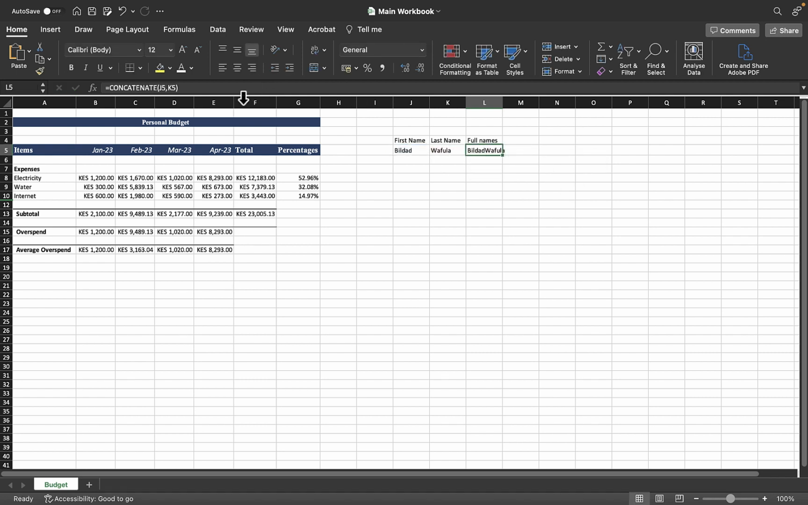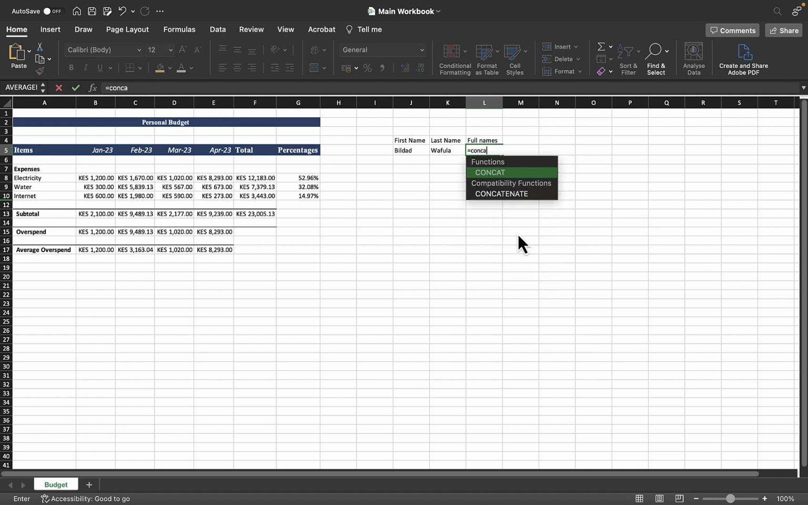Bildred Fuller. But in places like proper full names, this is not readable. I'll have to have a space between them. So the proper way of doing this is equal concatenate, first, comma, then I will add a space in double quotation. Then I'll put comma, then first quotation, space bar, then second quotation, just to show that is the space, then comma. It is going to ask me for another text, number 3,